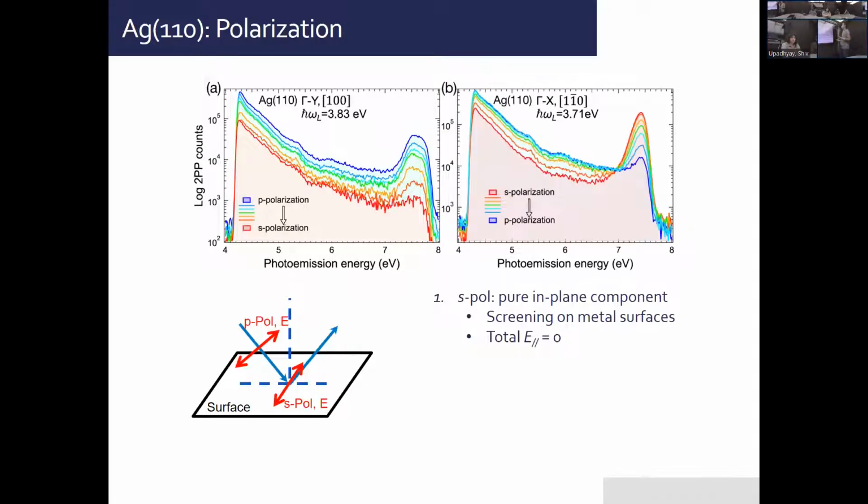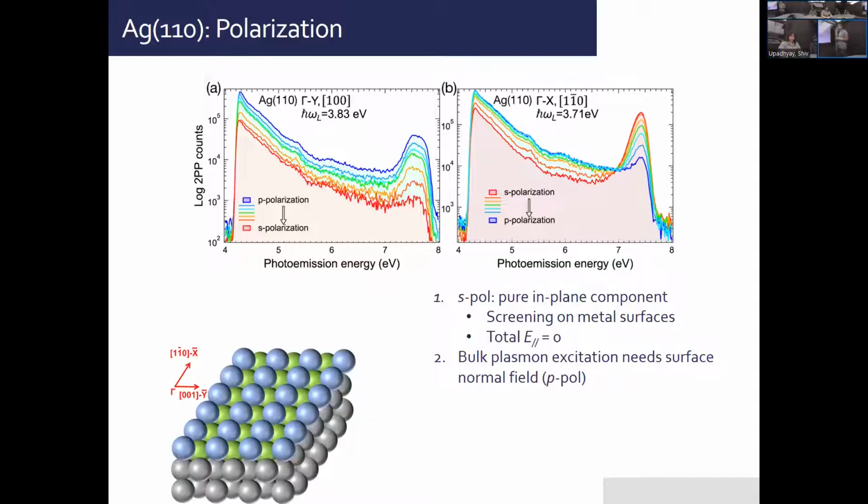However, if we take a look at the gamma x direction measurements, we will see that the secondary electron edge still has the highest electron counts in p-polarized light and the lowest in s. But for the bulk plasma peak, we have a much stronger signal in s-polarized light. In addition to this screening on metal surfaces, another important point is that under surface response theory, the bulk plasma excitation needs a surface normal field. So in principle, s-polarized light cannot excite the bulk plasma. So we are explaining this by